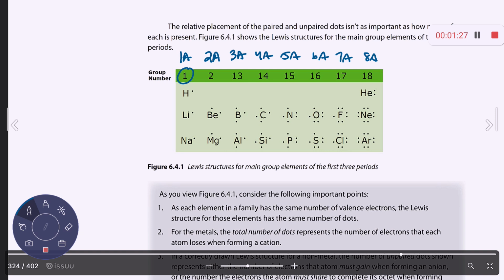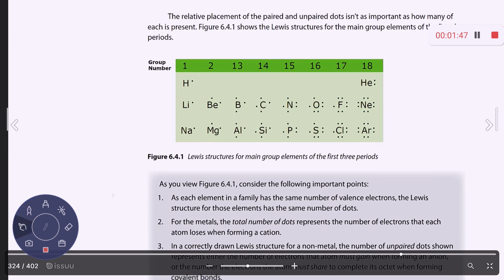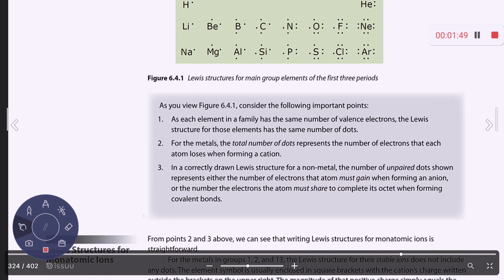The only one that is an exception to being in 8A is helium, because helium only has two valence electrons, so it would only have two dots on it. Okay? You will have a maximum of 8 dots. You can have 2 on each side. Okay? So when we move out from there, and we take a look at